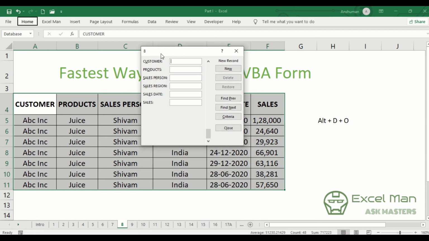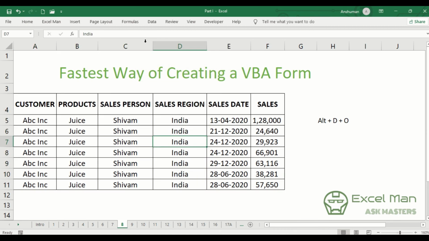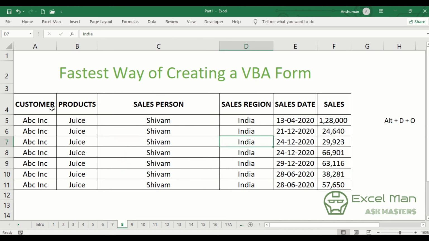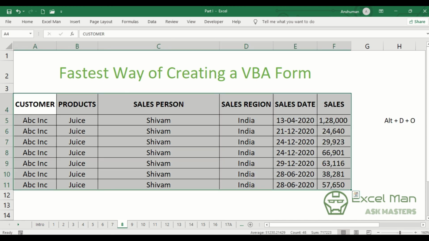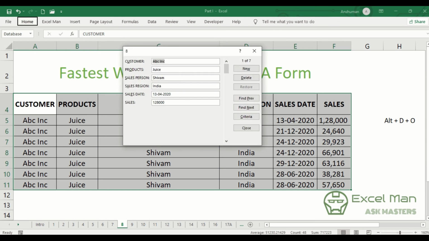And if you want to, let's say, increase the size of this data entry area, then what you have to do is simply select one of your columns and make it a little bit bigger, as big as you want. Then after selecting your data, just press Alt D and you can see that the size of these things is also increased. So these are some things that you can do with it. You can use it very well for your data entry purposes.